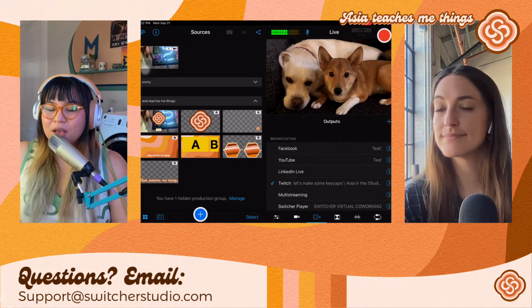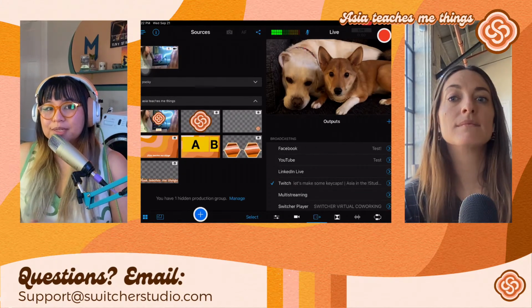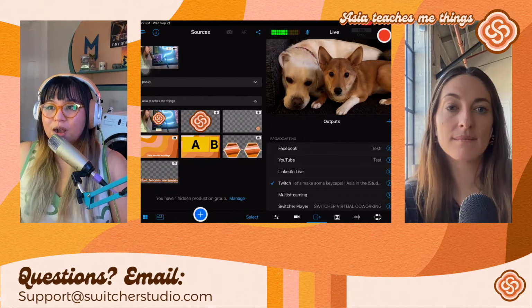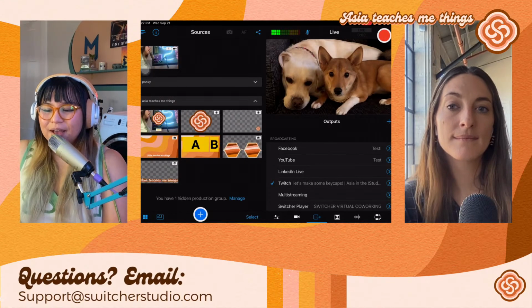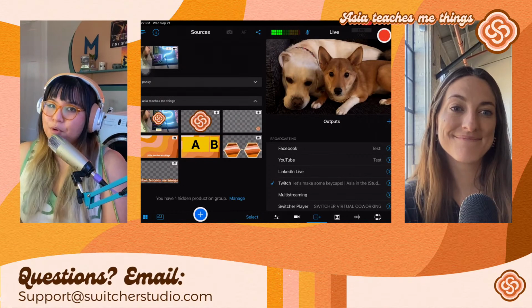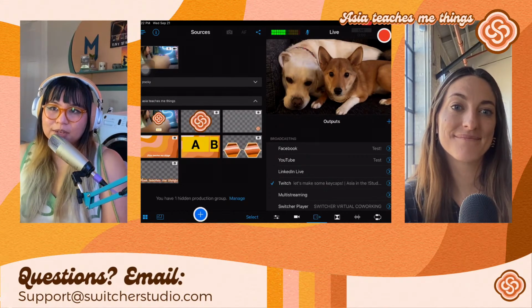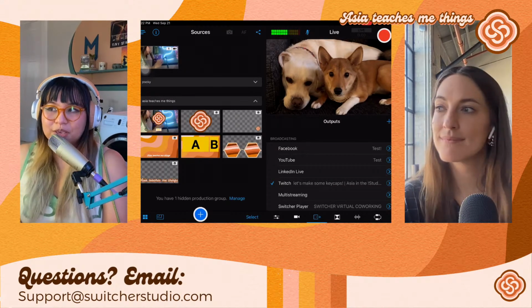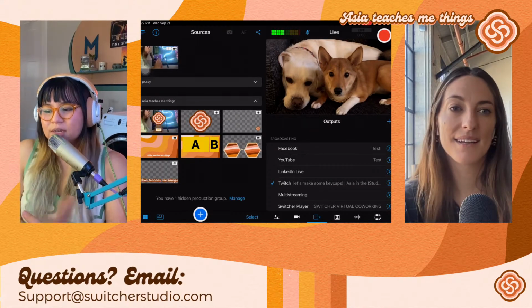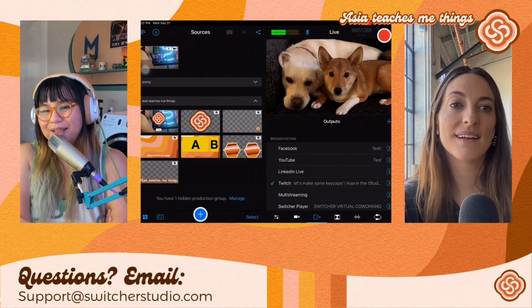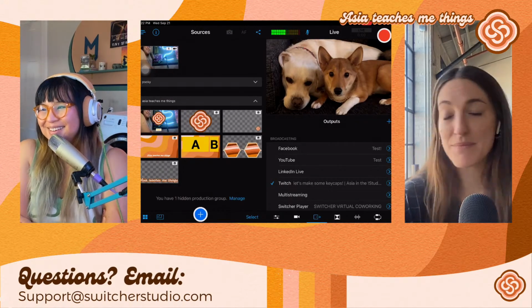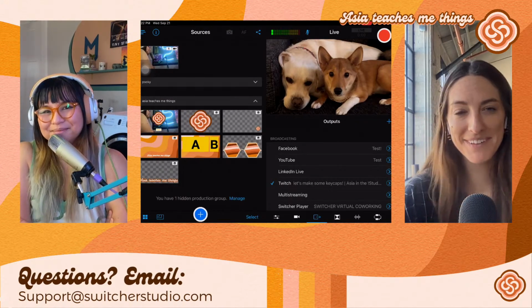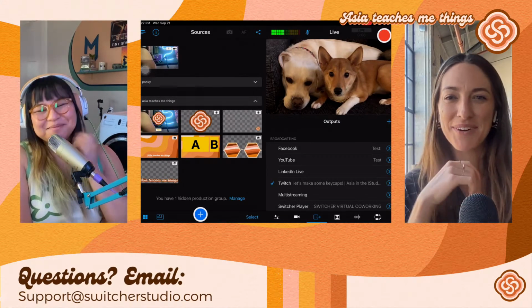Unfortunately, at this time, there isn't a way to create production groups in the cloud and migrate them all over. But I love that idea. It is nice that you can import assets into your production groups that are from Switcher Cloud. But unfortunately, we can't bring entire collections or groups over. But I like that idea, Claire. Good job. Well, maybe dev team, hello. You'll be hearing from us later.